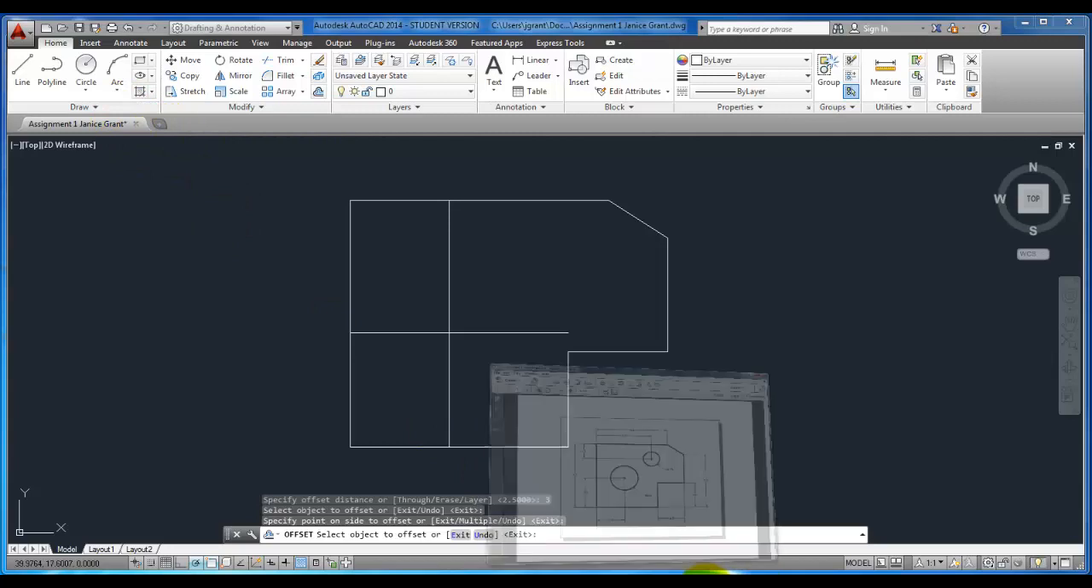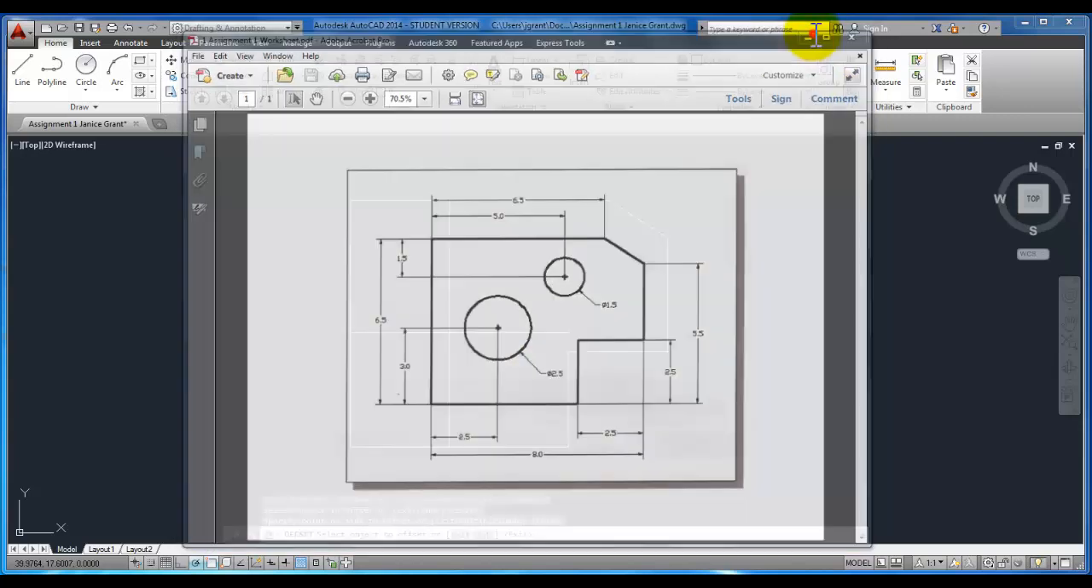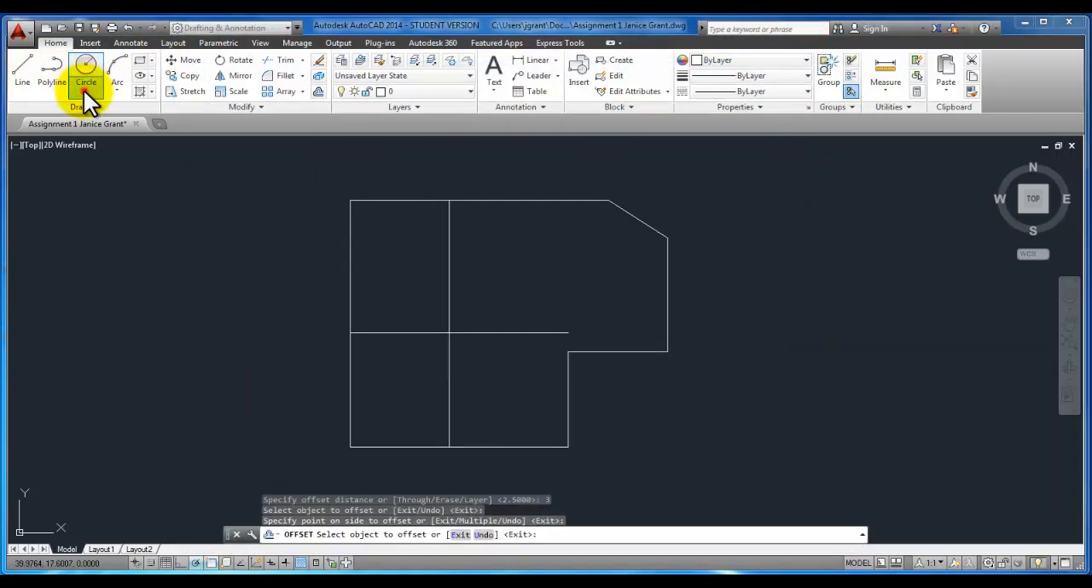And if you look at the drawing, the circle has a diameter. When you see a circle with a line through it, that's diameter. So I'm going to go up to circle and click on this little arrow underneath the word circle, pick diameter, and then go close to the intersection of these two lines. If you don't see a